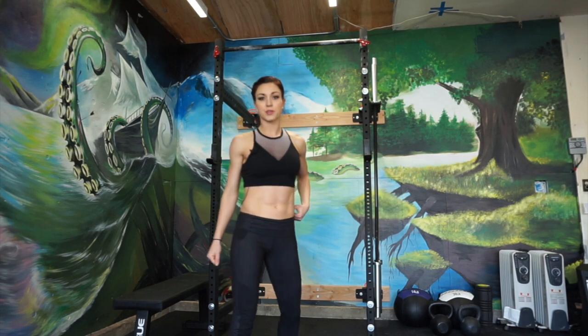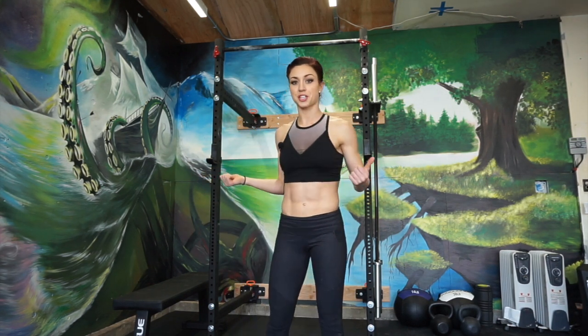But just a few exercises. I wanted to do this because this is like the kind of working out that I really like to do or end up doing for me. Thought I'd share some of that just in case you wanted something new to work on. So again, all you need is a pull-up bar. I'm going to use the rig back here, but you can use anything you have access to. And let's go. Alright, so the first thing I would do is warm up with some scapular retractions, which are